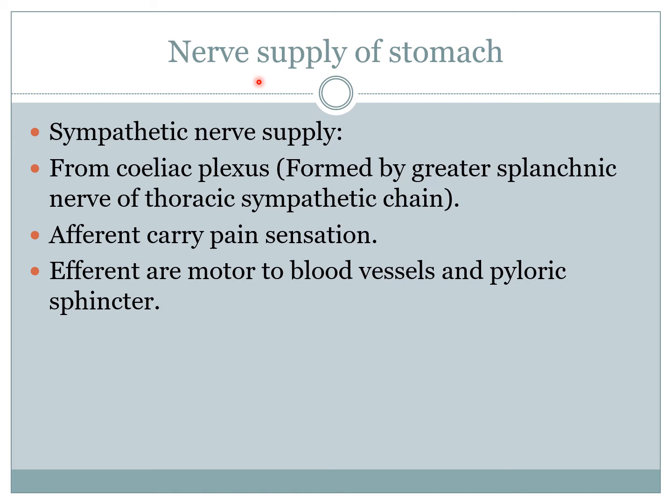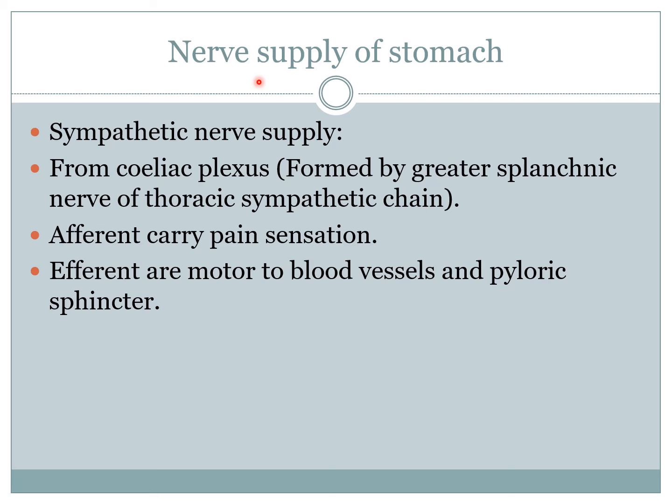The sympathetics are primarily vasomotor in function, and they stimulate the pyloric sphincter and inhibit the rest of the gastric musculature. The sympathetic sensory fibers convey the painful sensation from the stomach, and their cell bodies are located in the dorsal root ganglia of the T6 to T9 spinal nerves. This explains why the pain from a gastric ulcer is sometimes felt in the epigastric region, due to the same segmental supply of the somatic and autonomic nerves.